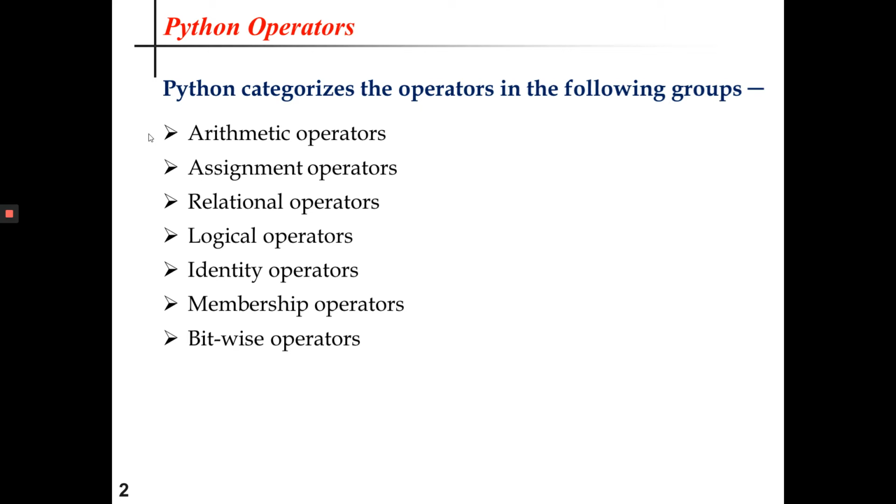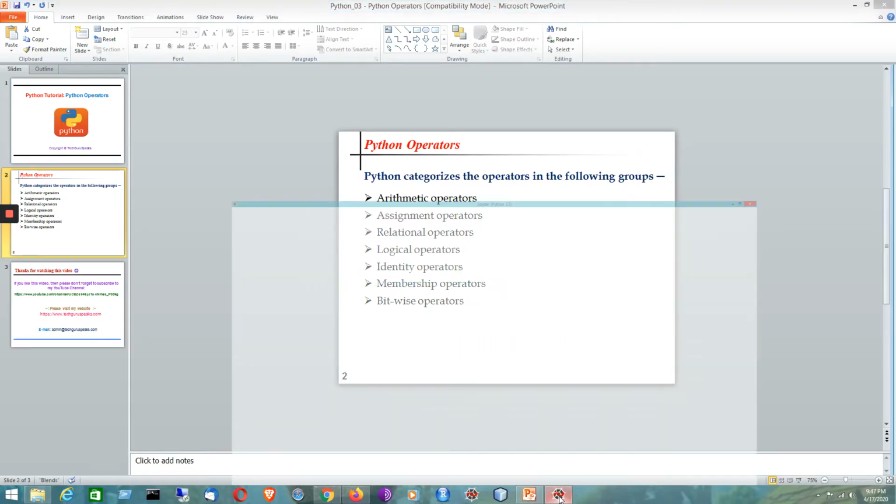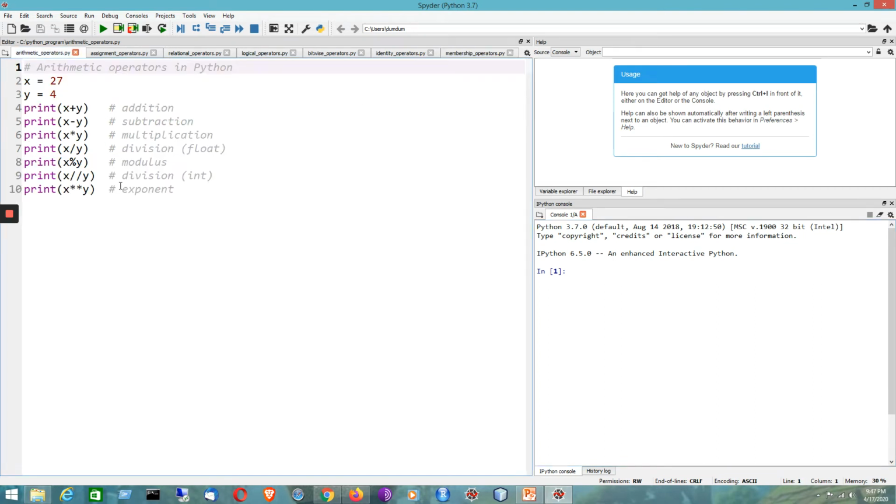Now I would like to see each one of them by using the Spyder IDE, which is a very popular IDE for Python programming. So I will move to the Spyder IDE. First I will be starting with the arithmetic operators. Suppose, for example, I have taken two operands here, x equal to 27 and y equal to